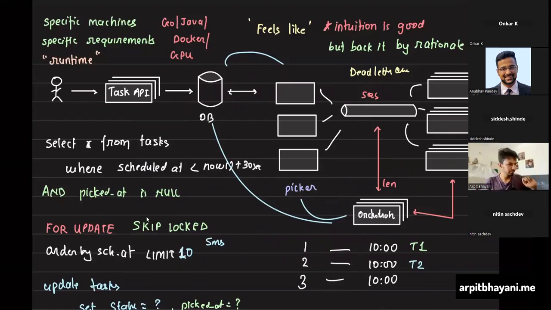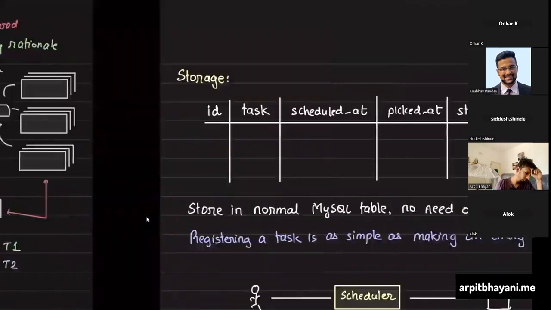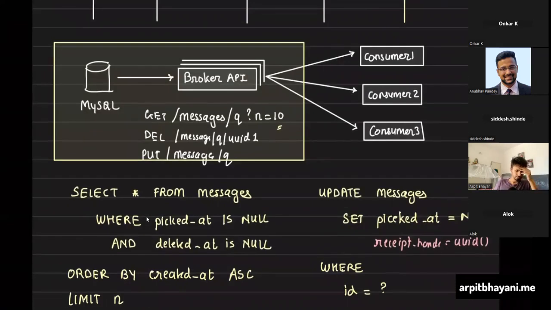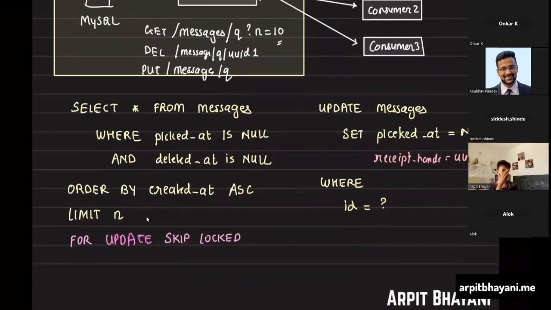Yeah, Omkar, go on. Hello. Hey, hi Arpit. I have a question related to the second system, where we built a message broker on top of the RDBMS, specifically related to how we implemented the visibility timeout. I was having a different approach and just wanted to validate if it's correct. When we are selecting the message in the where clause, if we also add the condition that picked_at is less than now minus visibility timeout, would this be sufficient?